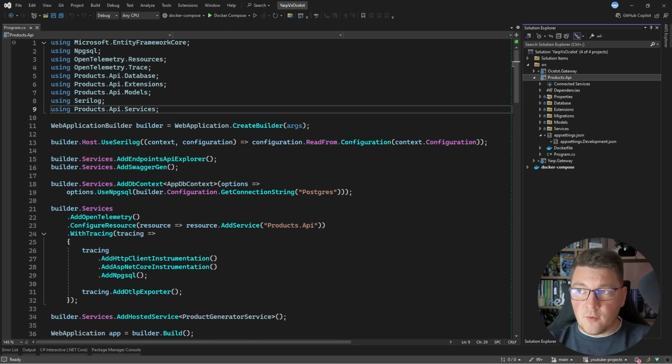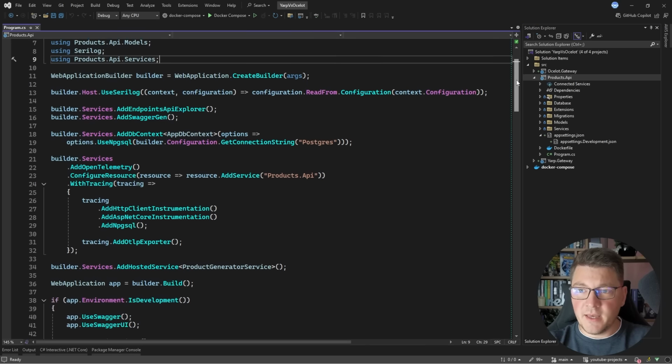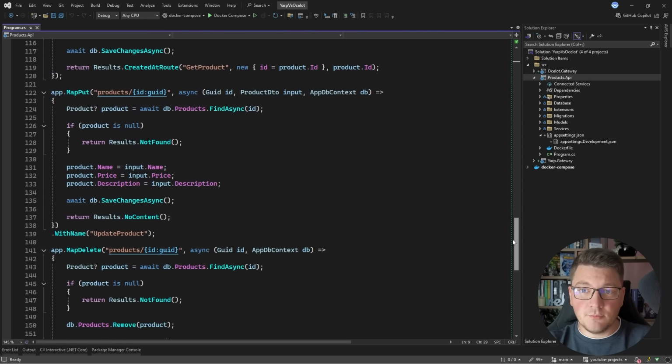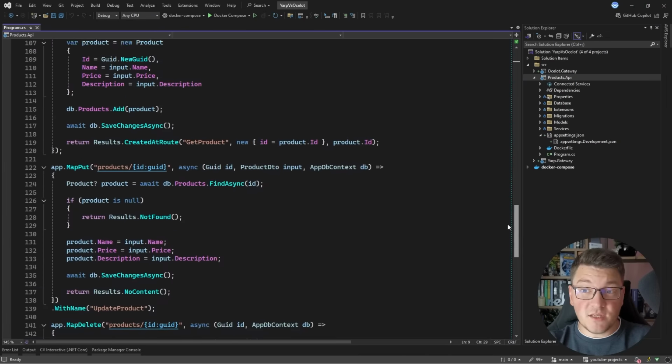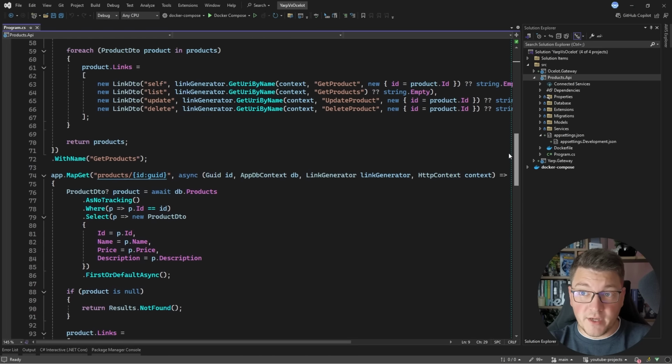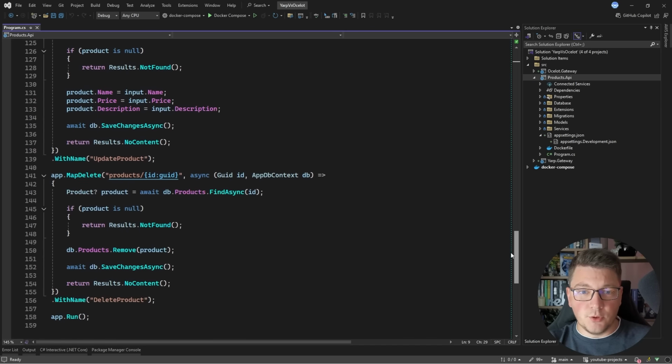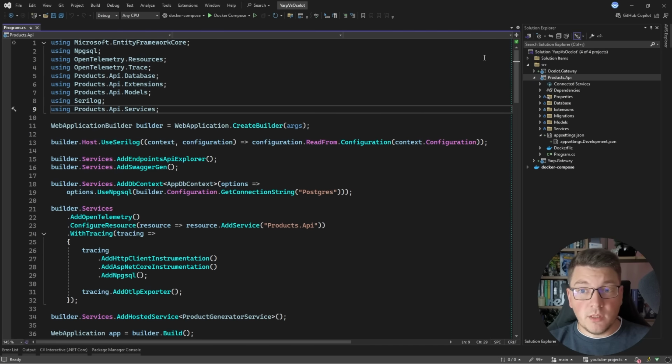So here's what I want to implement. I have a web API called the Products API, and it exposes a set of CRUD endpoints for working with the products resource. This is a RESTful API, it supports HATEOAS and all of the good stuff, and we have simple get endpoints, post, put, and delete endpoints, and we want to be able to place this API behind an API gateway. So I'm going to show you how to achieve this with YARP and Ocelot that I added as